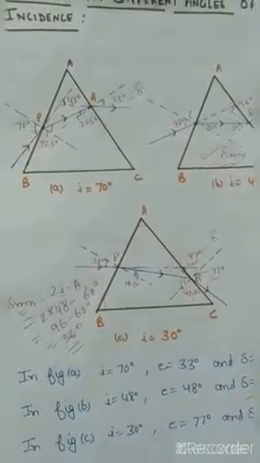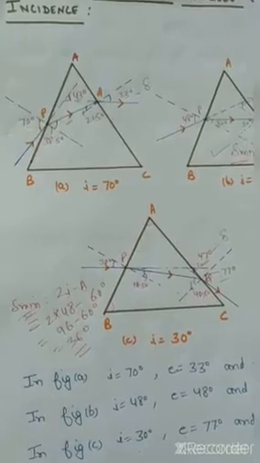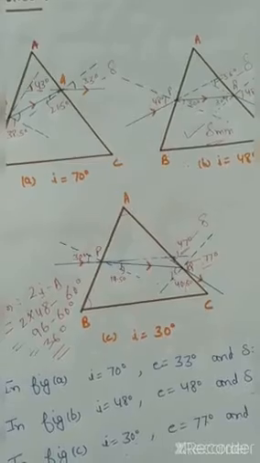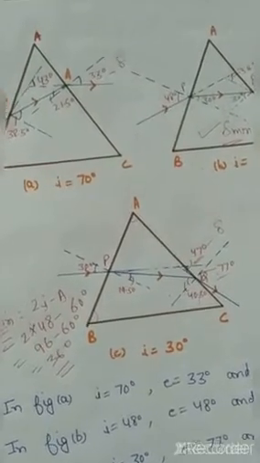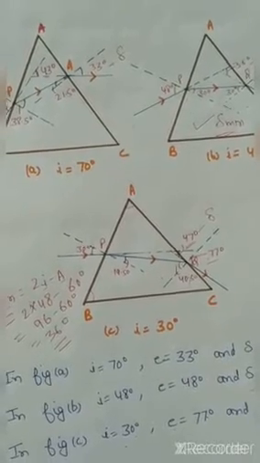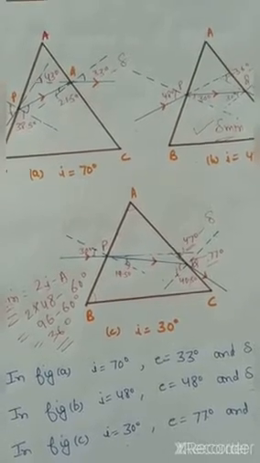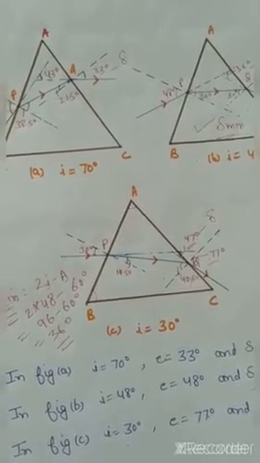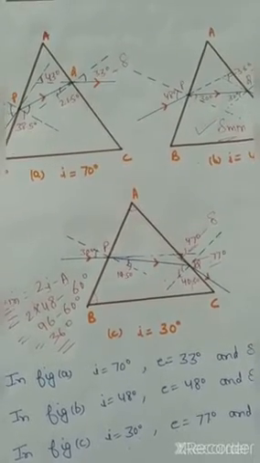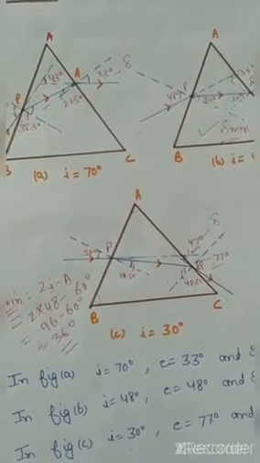So this is also how you can find out the minimum deviation if your angle of incidence and angle of prism are given. So I hope that this topic is clear to you. If you have any doubt, then you can ask me. It is very important to clear your doubts when you are watching the videos, because that will help you clear your concept. That is why I say in every video that if you have any kind of doubt, don't hesitate, just ask. I will clear your doubt, and that will make your concept clearer, because these are very important topics.